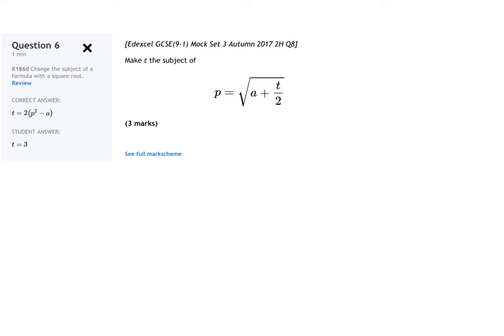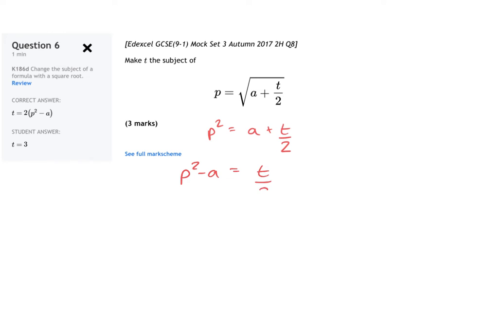You remove the square root by squaring both sides. So that would give us p squared on the left-hand side, and then the right-hand side becomes a plus t over 2. So that already looks a lot easier to work with. Now the next thing, the t term here is added to a. So treat this term as one complete thing, and just subtract the a to isolate the term which involves t. So I will take a from both sides, so I get p squared minus a,